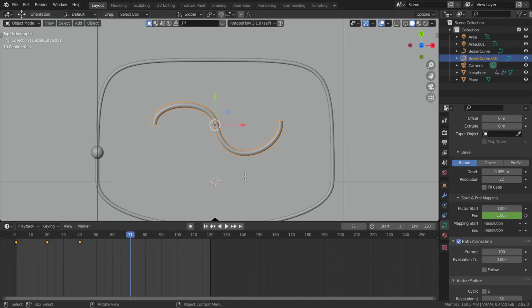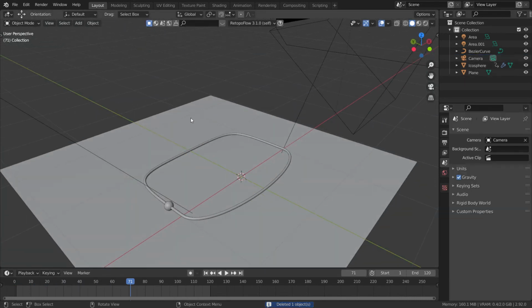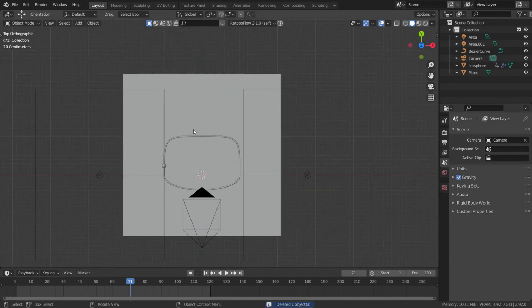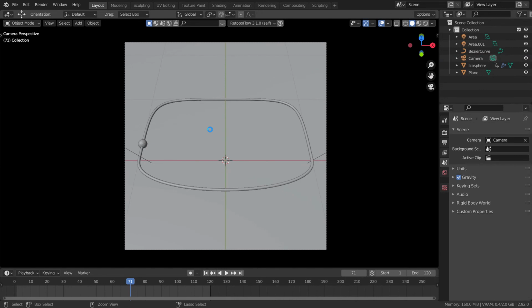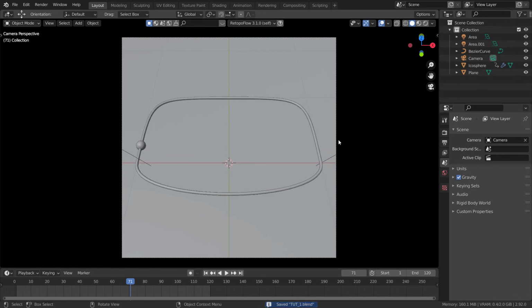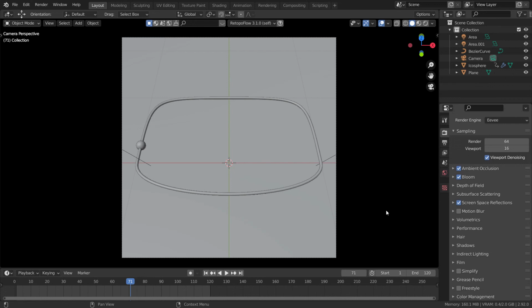So now let's talk about how to render your animation. I will just delete that curve. Okay, now as you can see, if I go into my animation property over here and press Control S to save it, now what we will do is go to the render properties, enable ambient occlusion, bloom, screen space reflection, and then over here I think we are done.